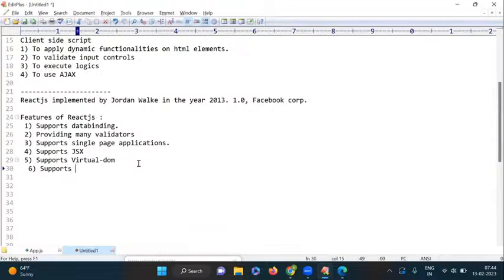supports Redux. Redux we are using to maintain the state of the application. For example, one page's information you want to access from another page. For that we are using different techniques like cookies, sessions, local storage, session storage. Different types of techniques are available. In the same way, we can also use the Redux concept to access the data of one page from another page in the web